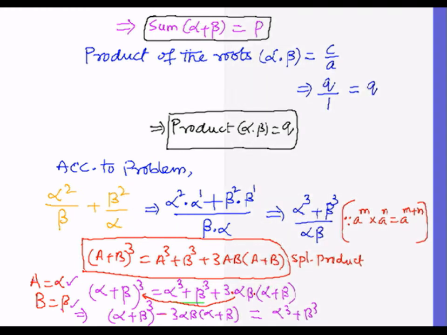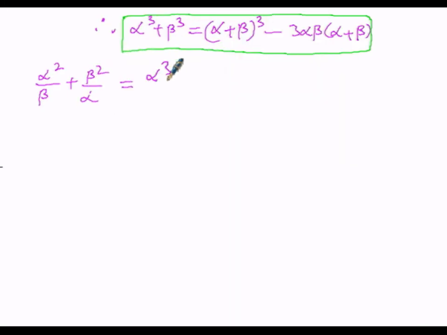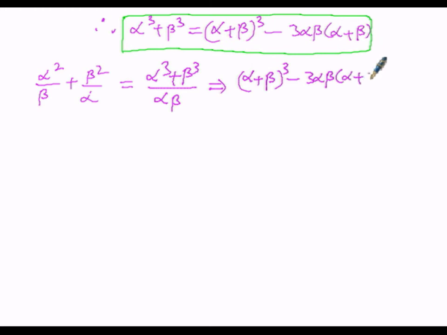So we can write it as alpha cube plus beta cube overall divided by alpha beta, that implies, but alpha cube plus beta cube as per this block can be written as the right hand side, which is nothing but alpha plus beta whole cube minus 3 alpha beta into alpha plus beta overall divided by the denominator alpha beta, written as it is. Now we are going to substitute this alpha plus beta